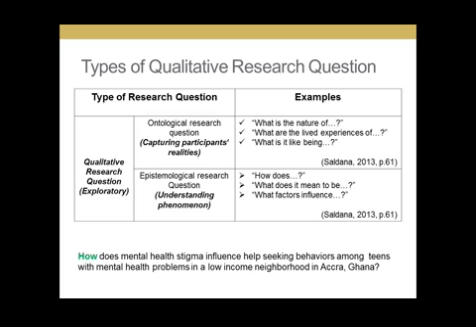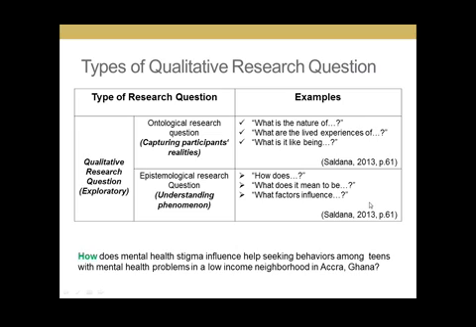I have an example here. I want you to type in your answer. So based on this example: how does mental health stigma influence help-seeking behaviors among teens with mental health problems in a low-income neighborhood in Accra, Ghana? What type of research question is this? So if you can type in your answer, that would be great. Don't be afraid of getting it wrong. We are all learning. Is it an